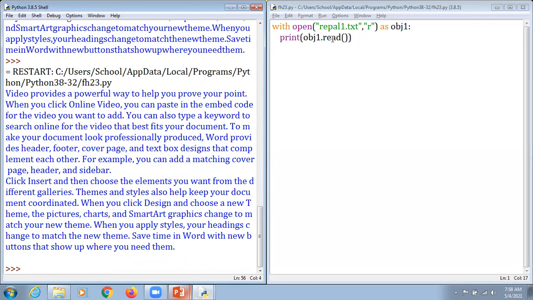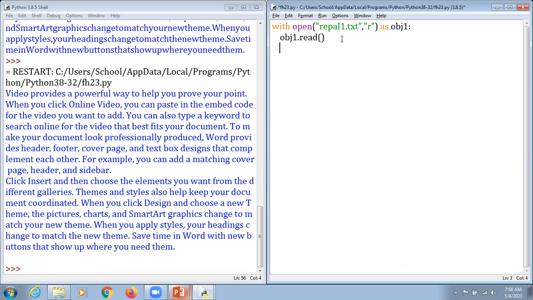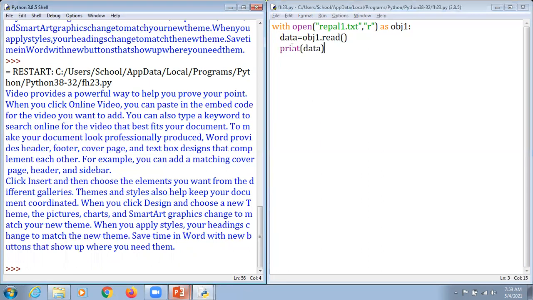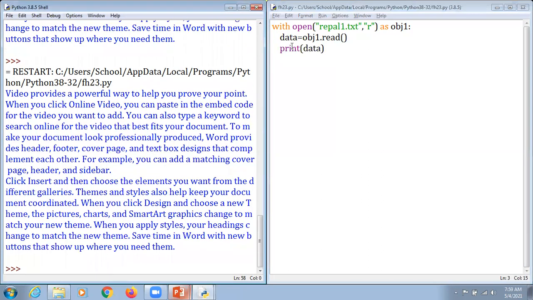So for the time being, we are just going to open that particular file, REPL1.txt. We are just going to read that file here, and as we read the content, we use a variable for storing that data. It gives a similar kind of result. If we type data here and hit the enter key, the entire information is going to be displayed here. But instead of using this print statement, we do for i in data.